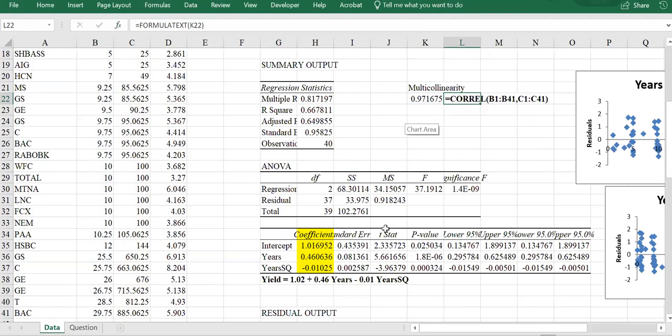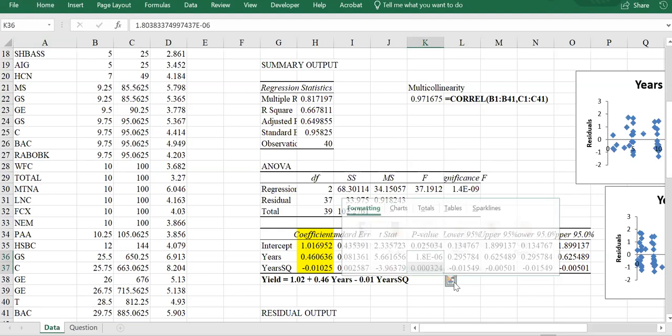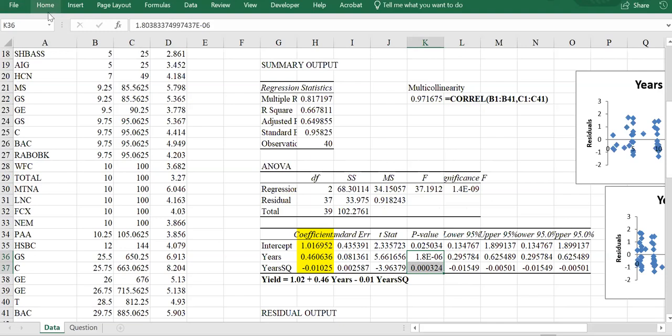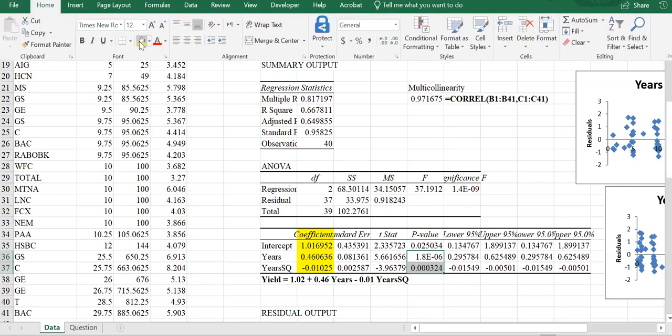97% correlation, which is obvious. Between x and x squared, there should be a high correlation. Now, taking a look at the p-values, both p-values, I just checked the necessary conditions. I just checked the multicollinearity. You can just type for yourself, but